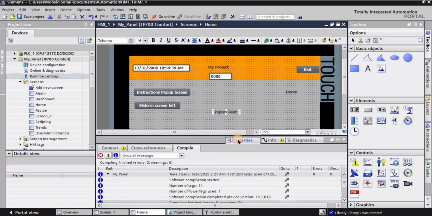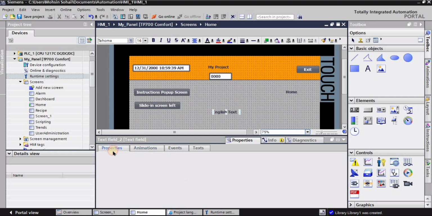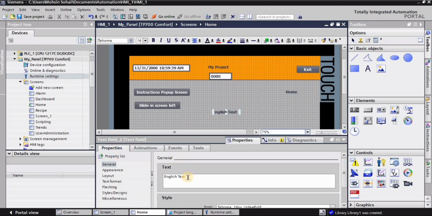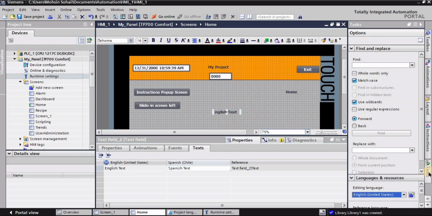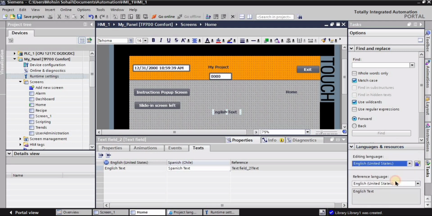So I will go into the properties, right? I have these general properties where I can change this text, but I will go into the text option. So here I have English and Spanish, so I'm going to write here Spanish text in the Spanish column. Okay, and then I will go into the task on this right bar,